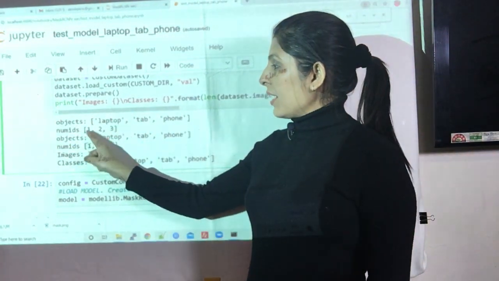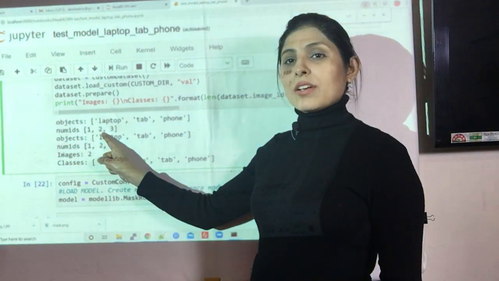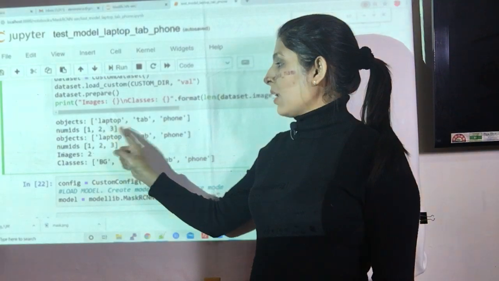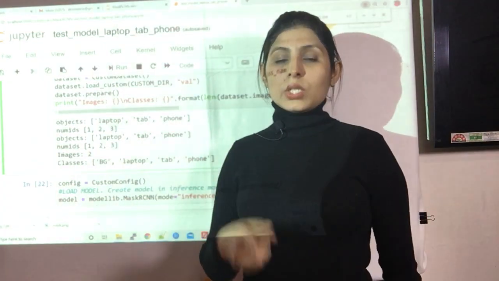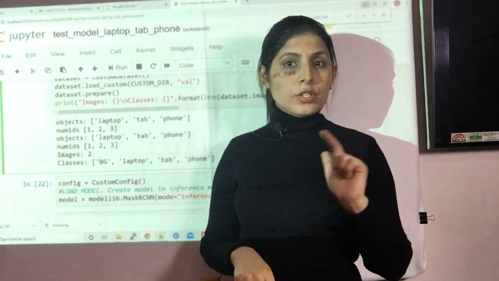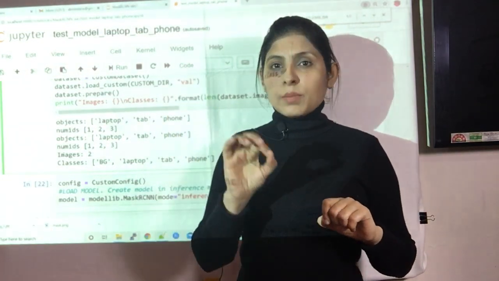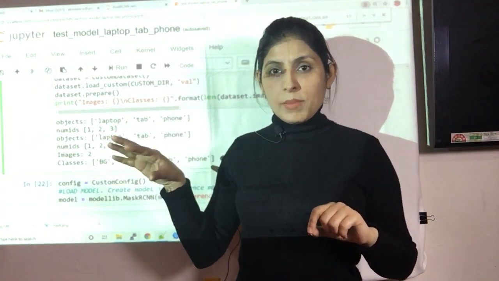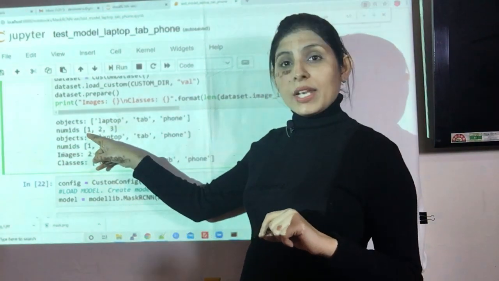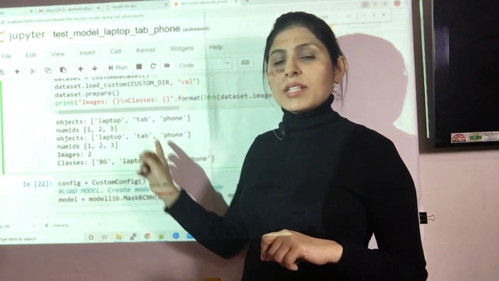The ID associated with laptop is 1, the ID associated with tab is 2 and the ID associated with phone is 3. If you remember in my first class, while using the VGG annotator tool, while plotting the polygon on all the images, we gave ID 1 to laptop, 2 to tab and 3 to phone. That's why we are getting those IDs over here.